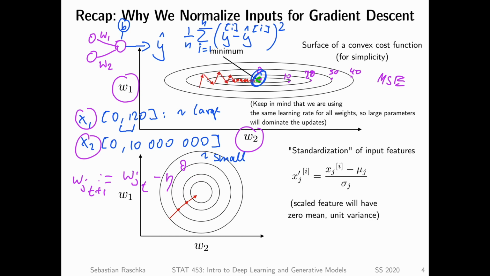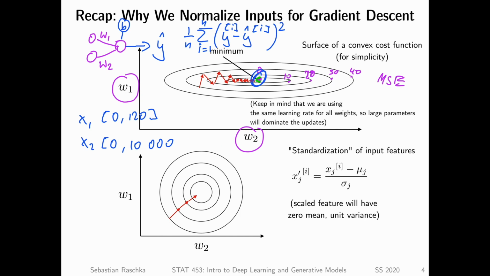So if you normalize the weights, you have them approximately on the same scale, then your loss, I'm just making some space here. So your loss, oh, it's a little bit lagging behind. The loss will be more circular, more symmetric if the weights and the inputs are on the same scale. And that really helps with the optimization. So again, this is exaggerated.